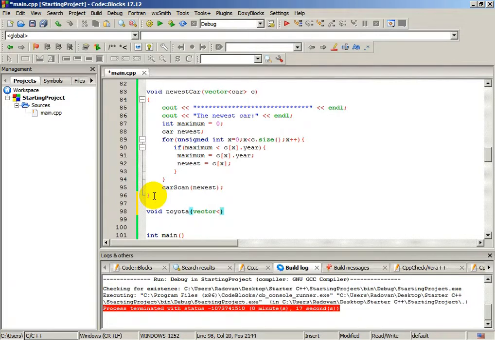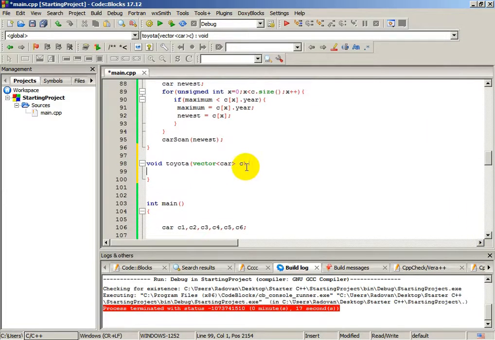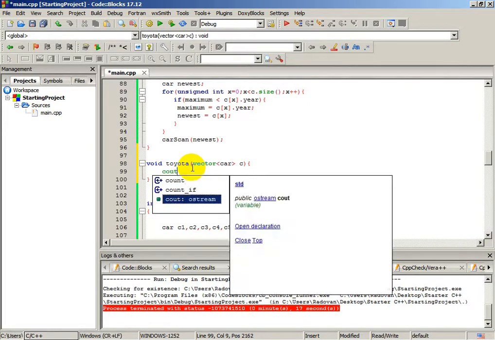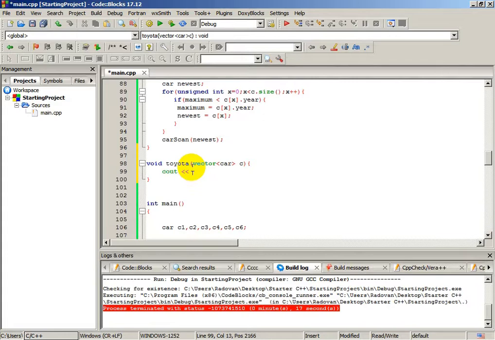We will find it from vector of car, of course, and we will call it c again, because this is a local variable, and we don't need another local variables here. Let's type, but we will need the text. We will just write brand Toyota,